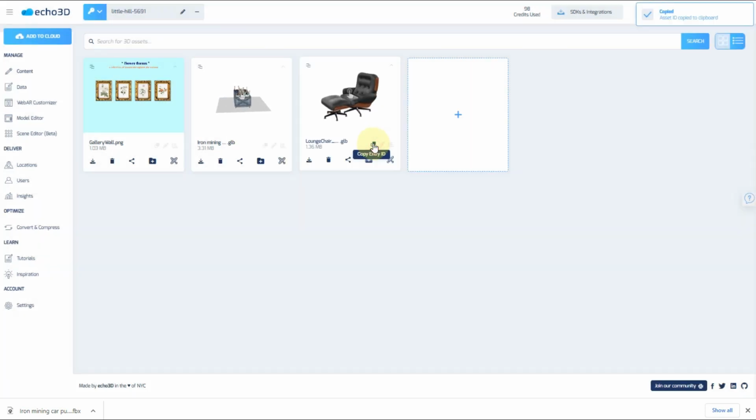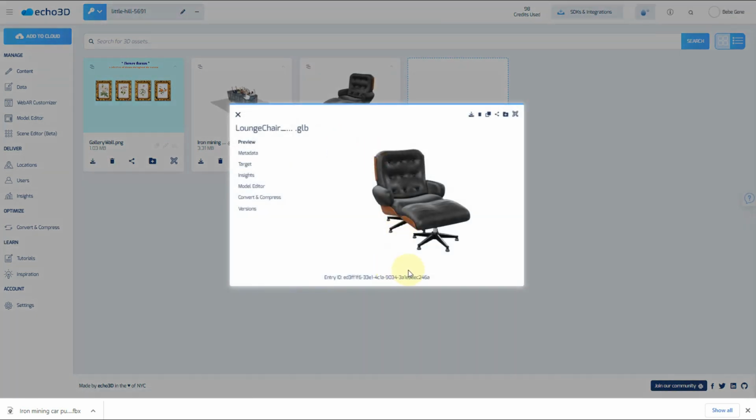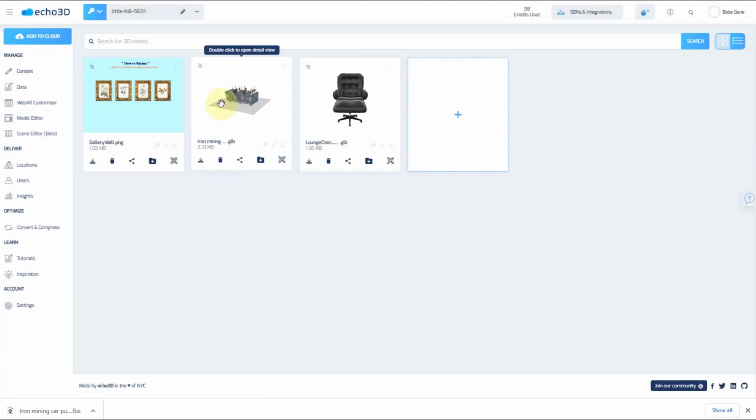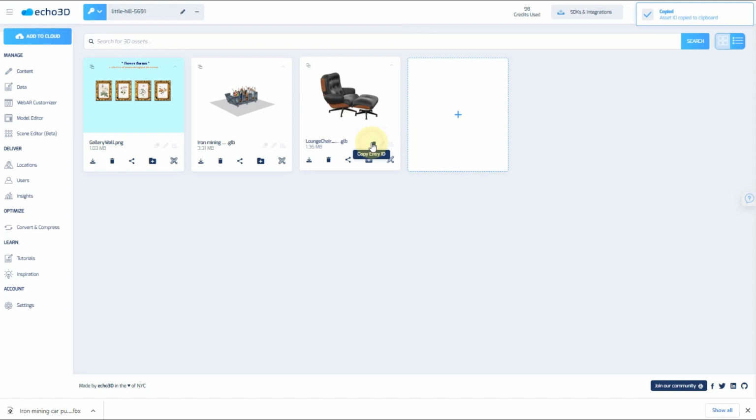You can find this right over here. If you click on the content card as well, it'll be at the bottom. This is a unique identifier for each of the objects. So typically for the SDK in Unity, which I'll show you in a little bit, you're going to see the option to add your API key, which is this up here, and the entry ID. So in that case, we've made it easy. You just click on this overlapping two squares and it'll copy the entry ID.